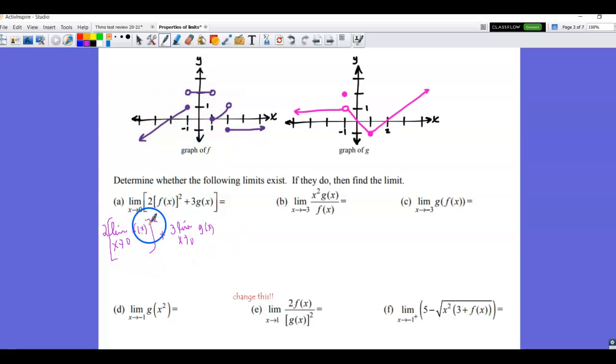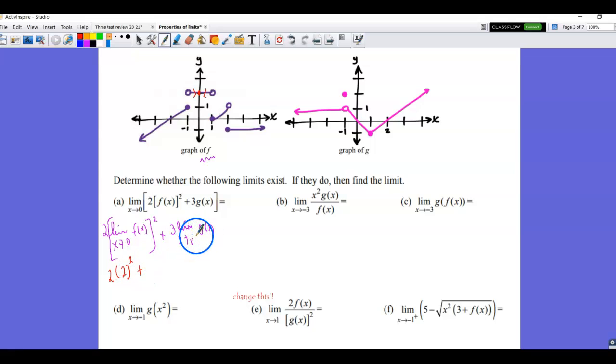So I'm going to look at the graph above. The limit as x approaches 0 of f of x. Here's my f graph. And the limit as x approaches 0, I think you can hear my dog in the back playing with her toy. All right, so there's x equal to 0, and from the left, I'm approaching a y value of 2, and from the right, I'm approaching a y value of 2. Therefore, the limit as x approaches 0 is 2,